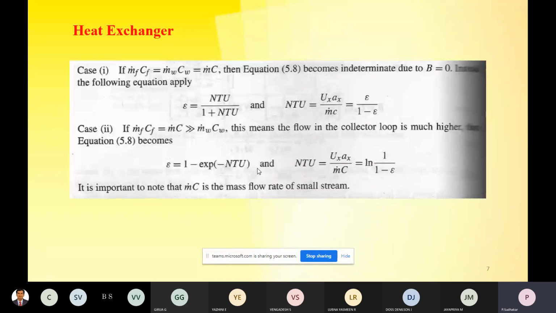So these are the basics of heat exchanger. I am taking up the heat exchanger because we are going to see some problems on heat exchangers with respect to the flat plate collector. We will see one by one what heat exchangers are available, what factors are involved, the type of storage tank, and the effect of load in the storage tank. In the next class, we will see variations in the flat plate collector system and the problems associated with it.